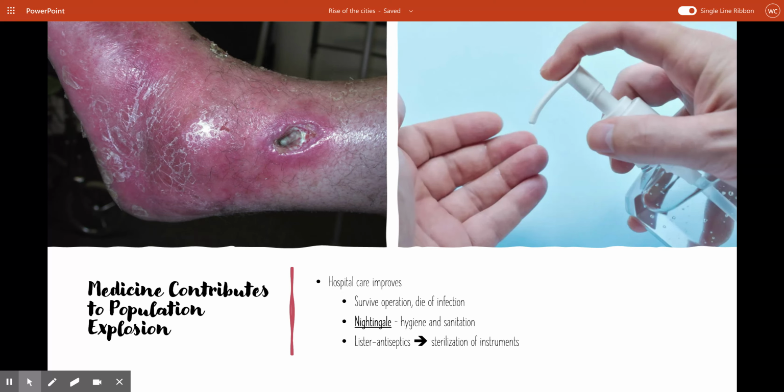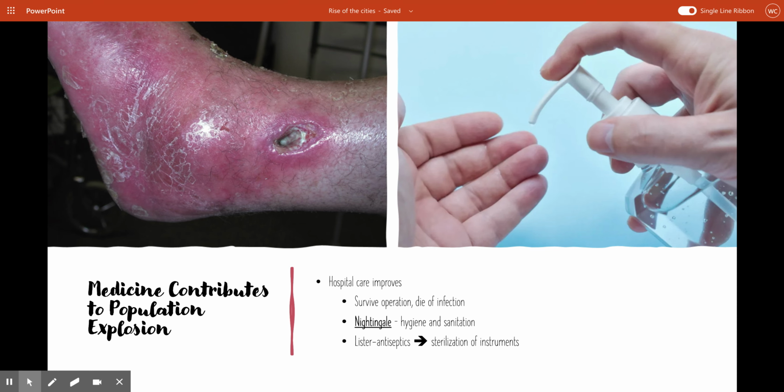So, regarding hospital care, and trigger warning, some of these things are gross. They go to this idea of cleanliness is next to godliness. That's how they view it. So, the fact that they are starting to use antiseptics, that they're starting to make sure that they clean things out and that they prevent infections, like the infection you see up here in the left-hand picture. All of those types of things are going to make hospitals a much better place to go. And you're going to have fewer people dying from these things, and they're able to live into an older age. They're able to survive. All of these things are going to work together to improve healthcare and contribute to the population explosion that occurs as a result of the Industrial Revolution.